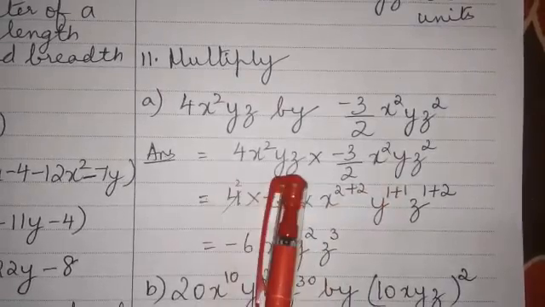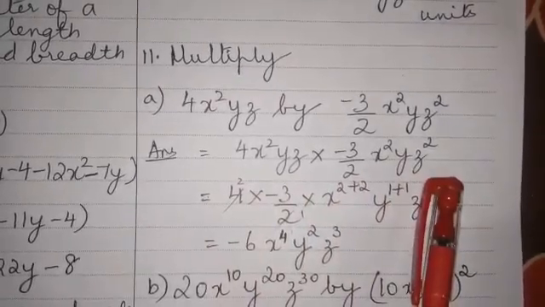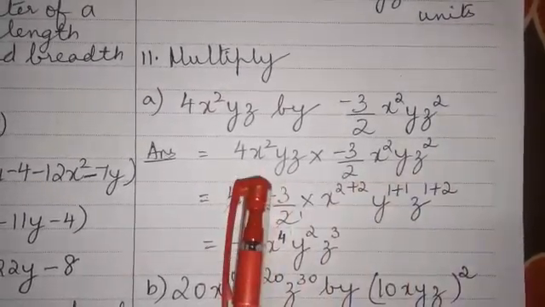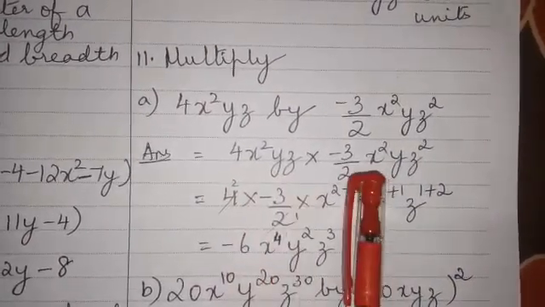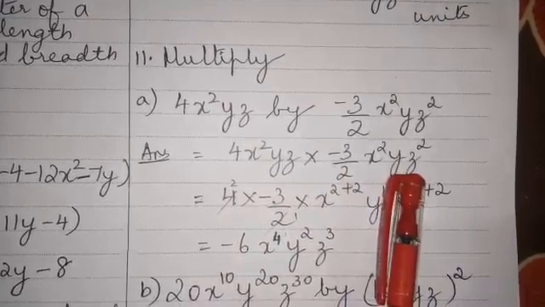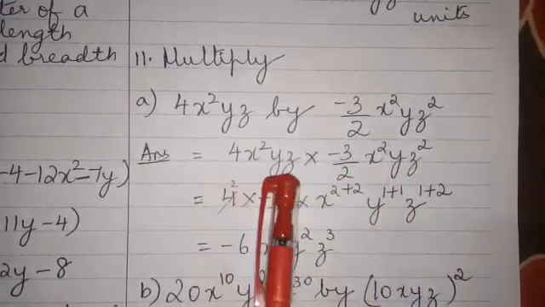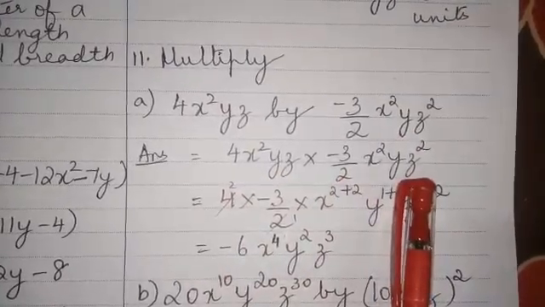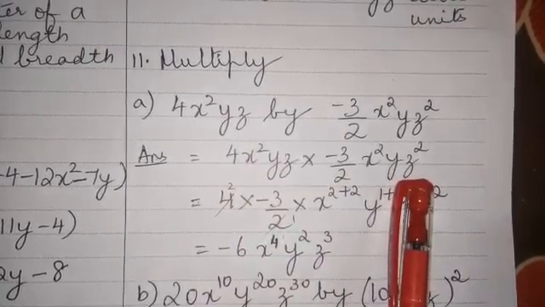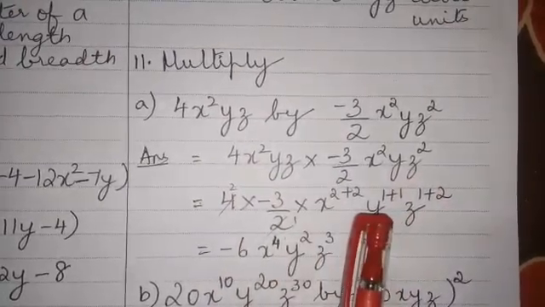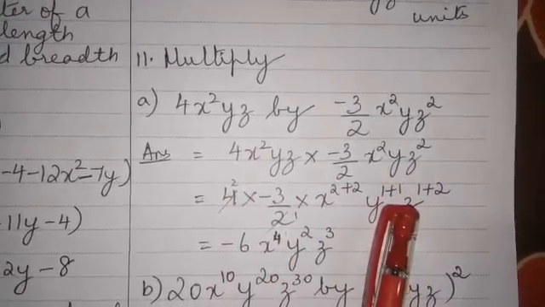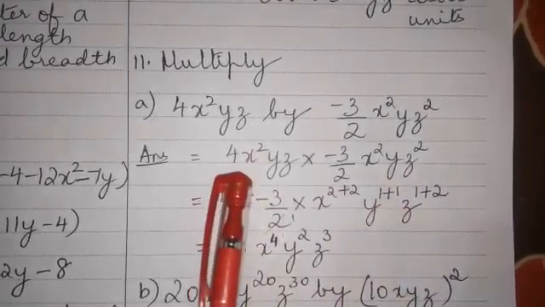So you see here, these two terms have to be multiplied, but they are clearly unlike terms. See this here, x² yz. This is x² yz². So we understand that these two terms to be multiplied are unlike terms. That's fine. We can multiply unlike terms. Now how do we do that? Multiply the numbers. See, how do we read this?